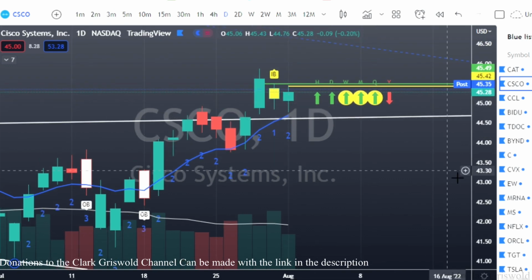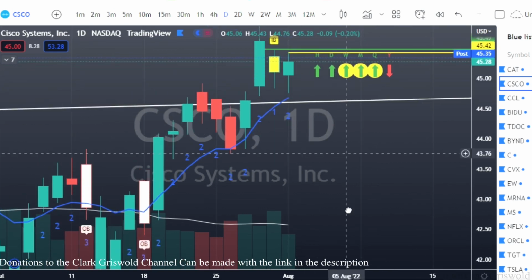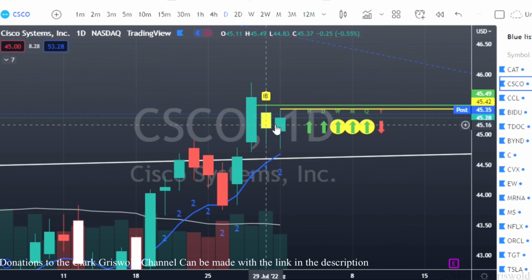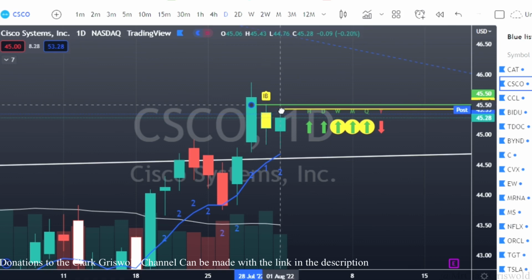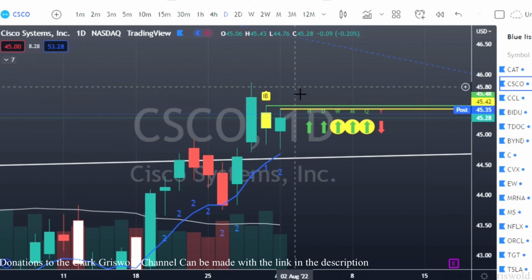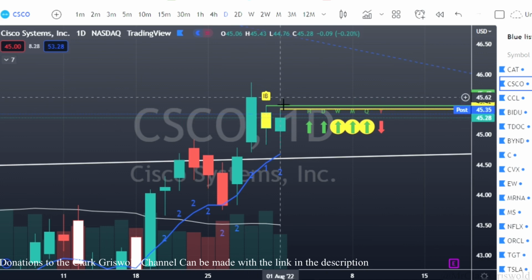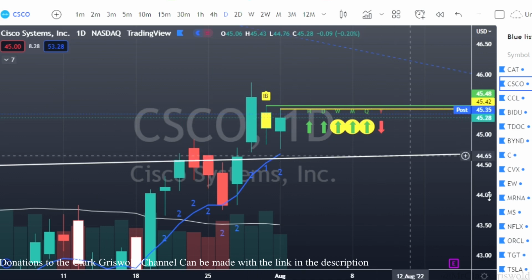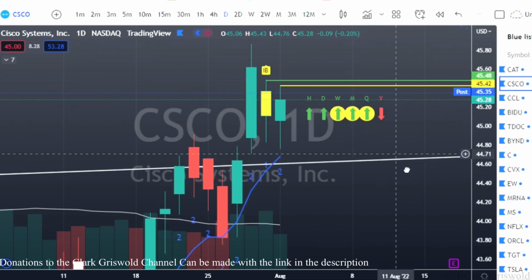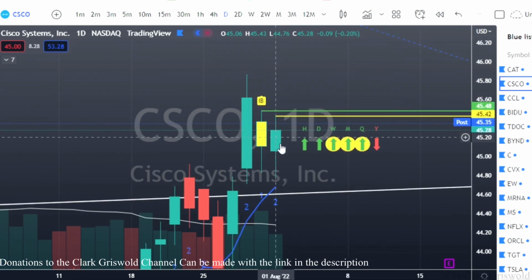CSCO, Cisco, has a 2-1-2 right now. So a 1 inside bar, 2 down, and I'm going to look for this thing again. I talked about this last couple videos. I can't remember who it was, someone on Twitter telling me they play these all the time. They work really well, so I want to dive into these a little bit more to see how they react. So we've got a 1-2 down, finish green, and somebody asked me on one of my other videos about these colors, okay? This doesn't matter really if it's a red or a green. We can still have a 1-2-2 reversal regardless of the color of this candle.